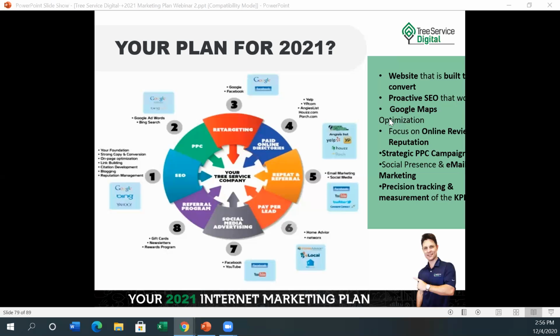You want Google Maps optimization. So part of the SEO is to get your Google Maps really dialed in. That generates a ton of calls on that first page. So if your Google Maps is in that top 3 or 4 positions, you're going to get a ton of